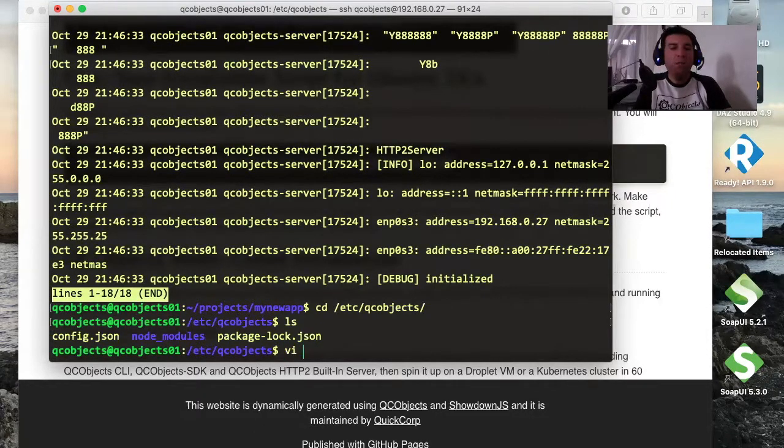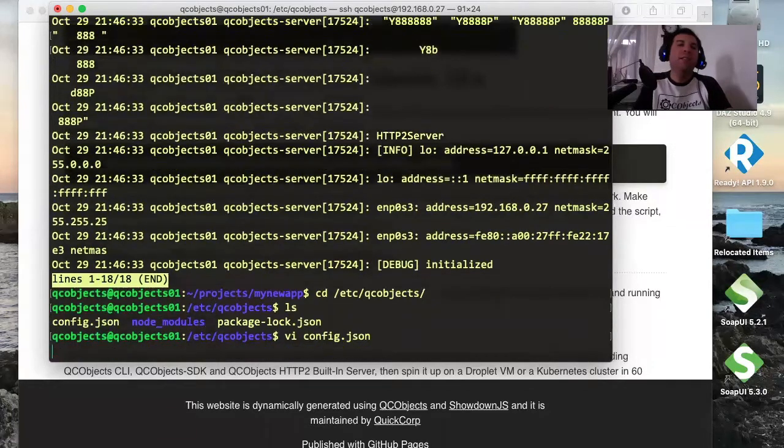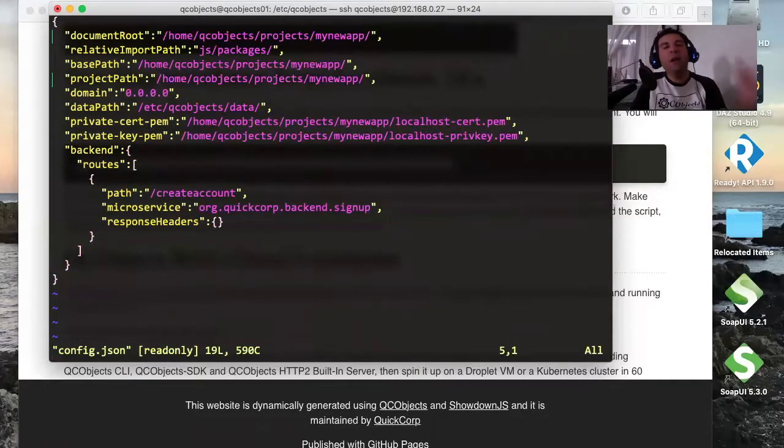And if we edit that file, inside we have these settings. The first setting is documentRoot. The document root is a folder where you will put your application, and the QCObjects HTTP built-in server will serve the files from that folder to the internet. So it is similar to the Apache webroot,